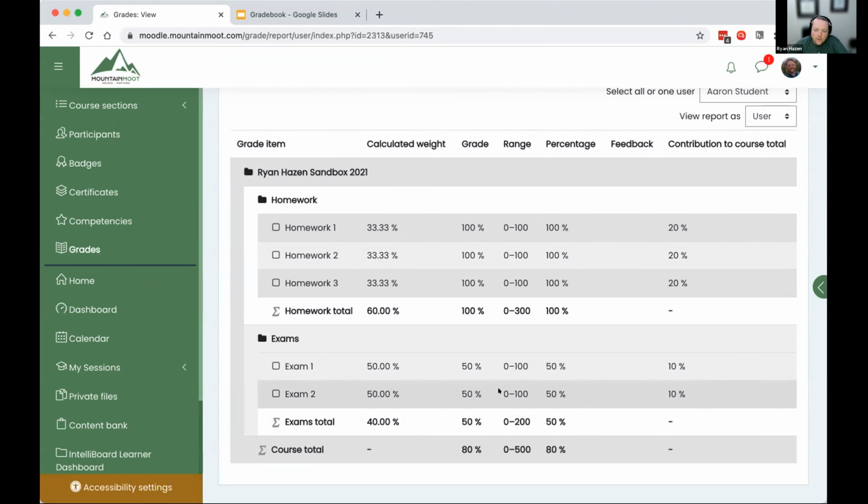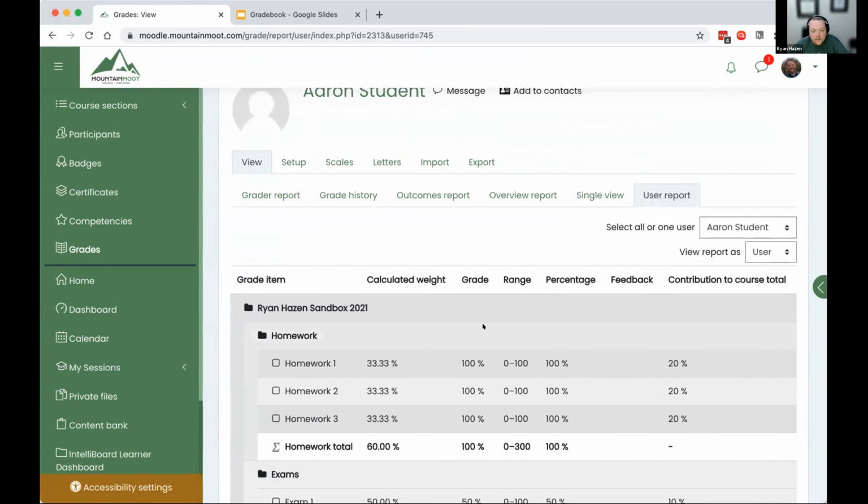The great thing about this is that Moodle gives you all these options, because it could be that, in higher ed somewhere, you want students to see all this and do some self-analysis, right? But I like to keep it simple. So I'm going to change the way the user report shows the student his grades. If I scroll up and go to setup again,